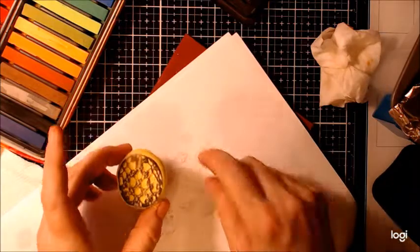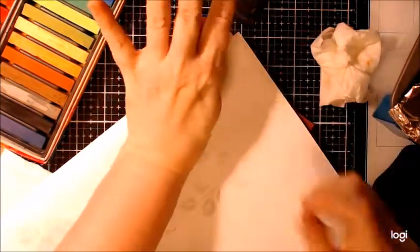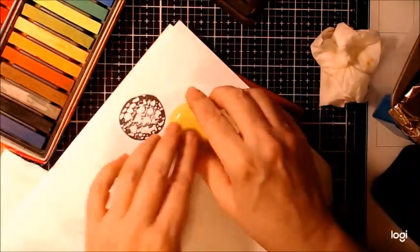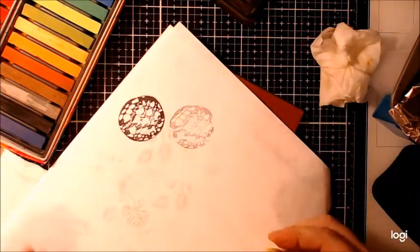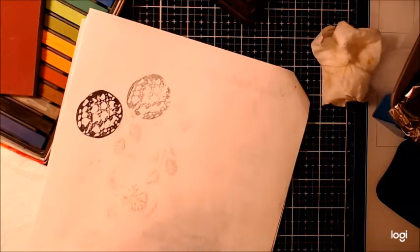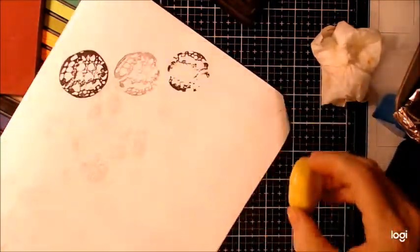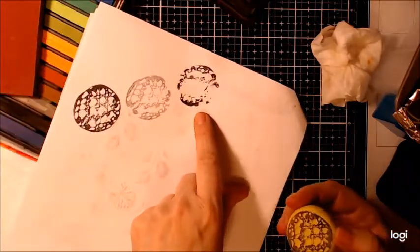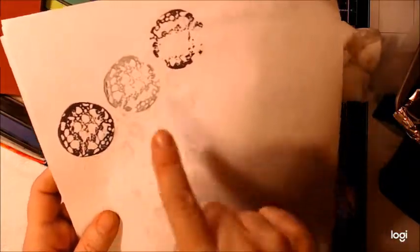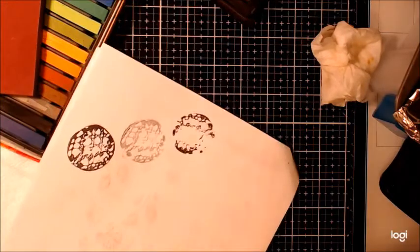I'll stamp this without that too. See what happens. Ooh, it worked. Wow. I'll take that out. Let's see. Perfect example. See how this one, look at this one. It doesn't have all of the stamp. I'll do it again. See, maybe